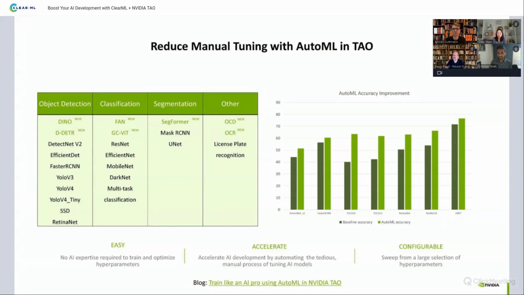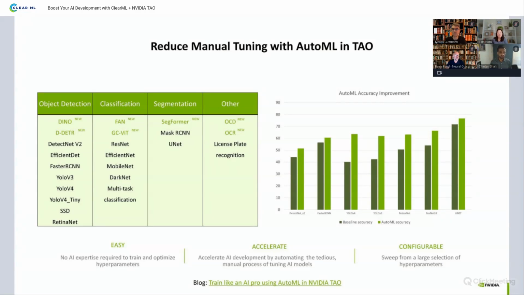So we provide the flexibility for our users to train or to configure any of the hyperparameters to be able to do with our AutoML. And the main thing is the hyperparameters will have to change from dataset to dataset. So with this AutoML, you can have a baseline accuracy, which is a default accuracy, and then turn on AutoML, and then you can see the accuracy jump up significantly.